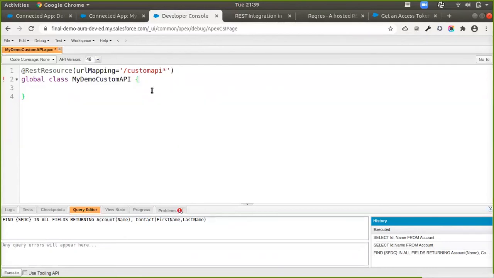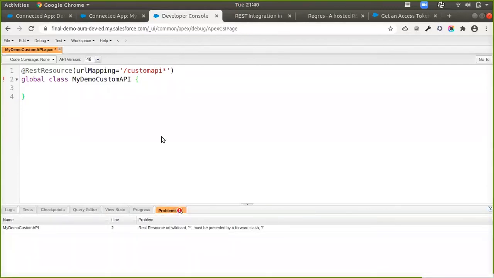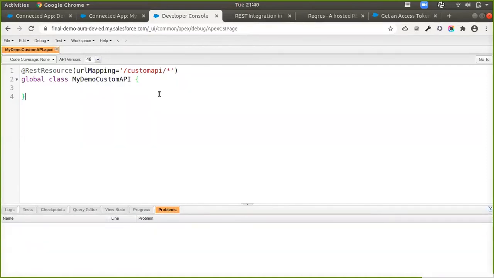So you do this and we save this out, like this. Once this class is defined, you can create methods in here to be exposed in the form of a get method or a post method. So what I mean by that is, if I go back to the example on the website,